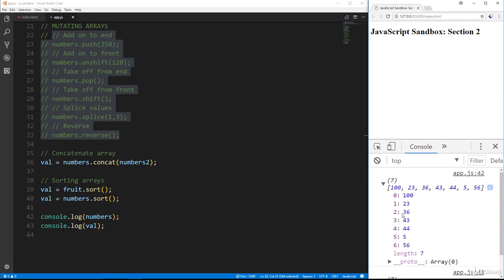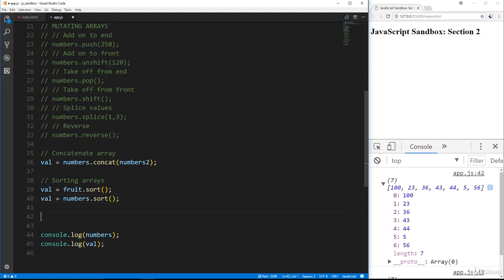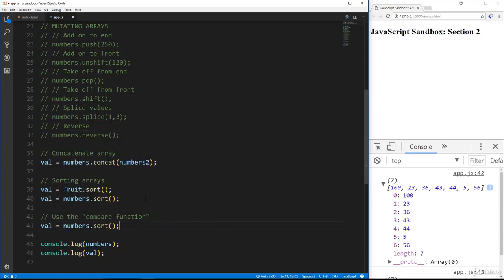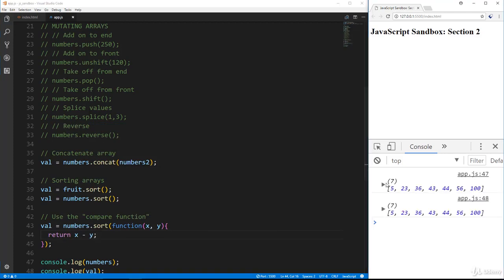So what you want to do to fix this is use what's called the compare function. So you want to pass in a callback to this sort. So I'll show you how to do that. Let's use the compare function. So we would do val equals numbers.sort, and then what you would do is pass in a function here, and this function takes in 2, you can call this whatever you want. X and Y is popular, A and B sometimes, and then all you want to do is return X minus Y. All right, and then let's save that, and now if we look at the sorted array, you can see